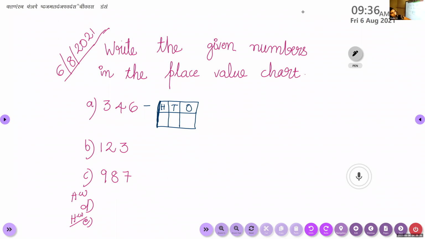Have you all completed? Somebody left to complete? Wait. Give you one more minute. Within that, if anybody wants to complete, please complete it. We want to write that column. Oh, you have to draw the column and write the digit.